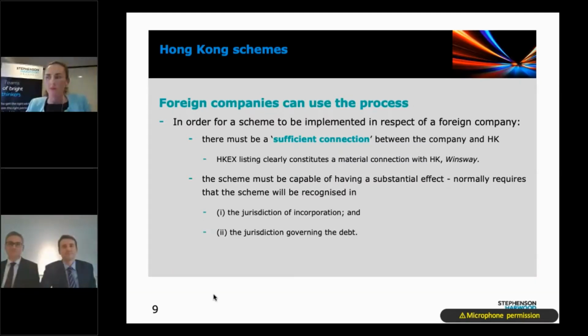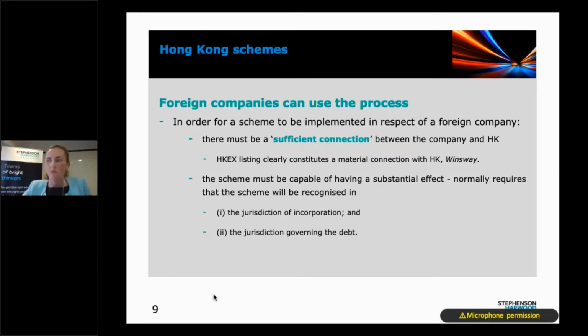Great, and there's a lot that we could talk about on cross-border, when you would choose, for example, Cayman over Hong Kong, where you might have to look for something from one court and have it recognised in the other place. And if anyone has any further questions on that, please feel free to follow up with Jeremy or I.